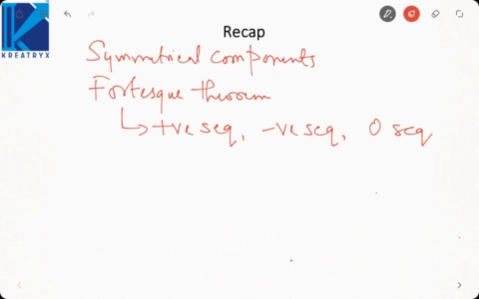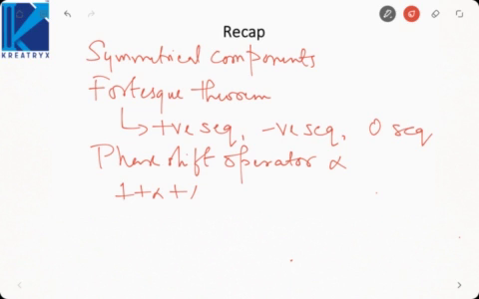We also saw the phase shift operator, which enabled us to write different phases of the same sequence in terms of a single variable. So we saw that 1 plus alpha plus alpha square would be 0, alpha cube would be 1, and alpha square conjugate would be alpha. Then we saw that to convert between the phases and the sequences we can use a matrix